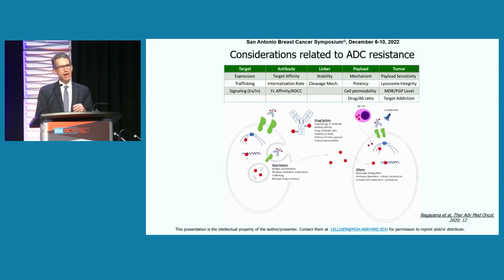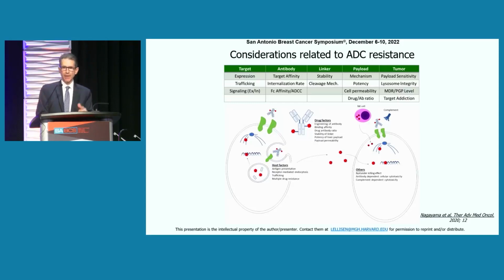Is the signaling mediated by the target really critical? And here we can actually divide that into two parts. If you think about HER2, of course, we think about oncogene addiction and intracellular signaling, but it's also important to consider that the target may signal in the extracellular milieu. A molecule like TROP2 may have important interactions extracellularly, which may impact the therapeutic response to TROP2-targeted ADCs and therefore impact resistance mechanisms.